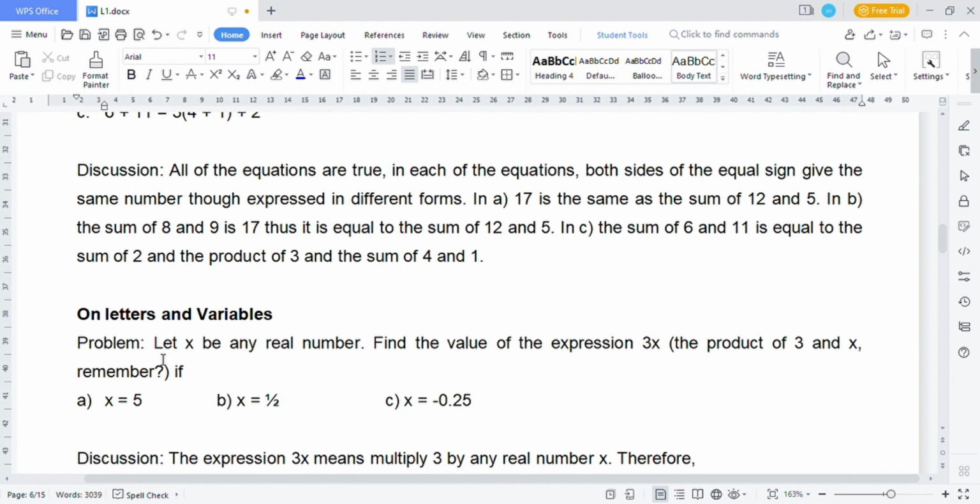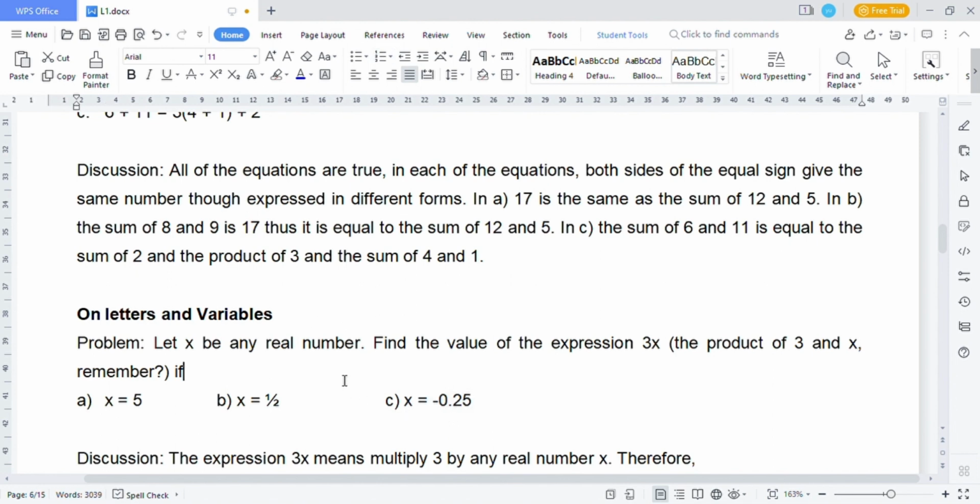So let x be any real number. Find the value of the expression 3x, the product of 3 and x. Remember, if A, x is equal to 5, B, x is equal to 1 half, and C, x is equal to negative 0.25. Again, we have the expression 3x, which means